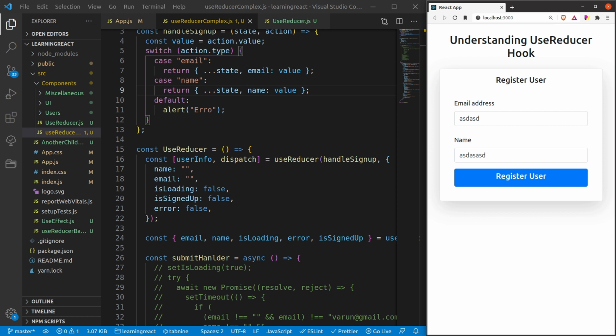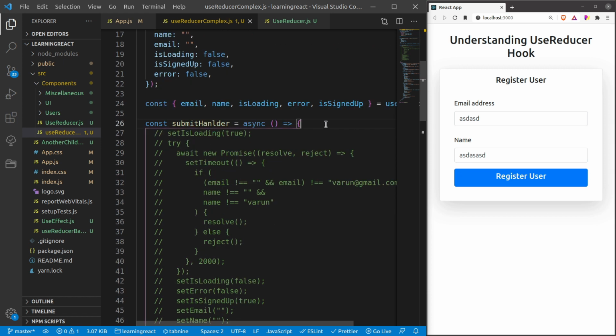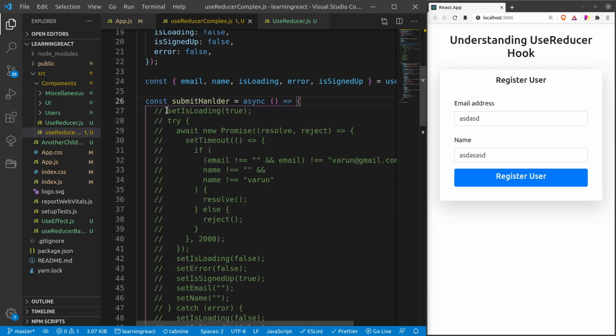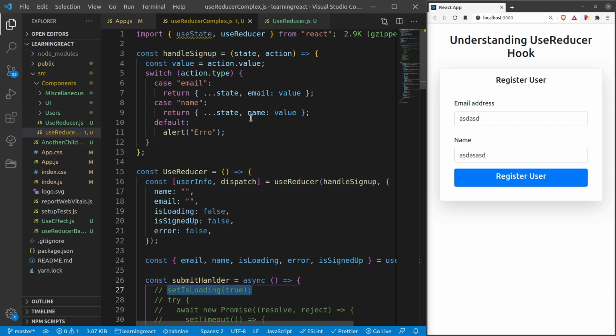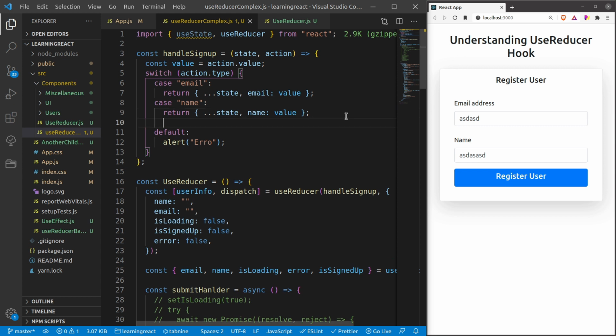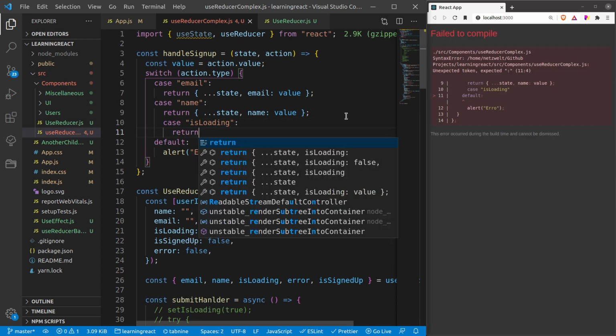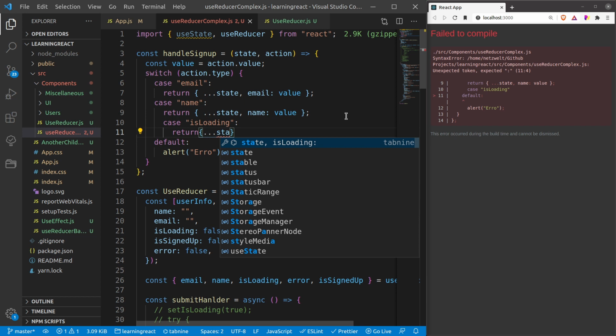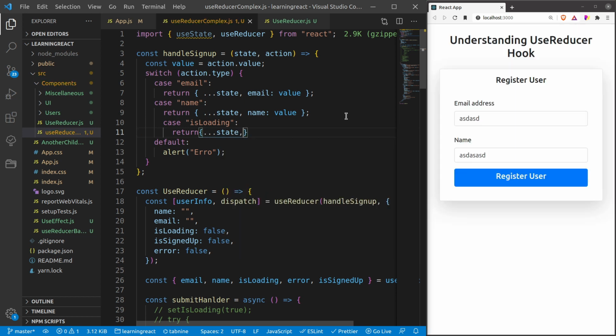Alright, now let's go to our submit handler method. In the submit handler method, you were seeing that the first parameter is set is loading true, right? So now for handling this, I have to first define this is loading handler case as is loading, return state, and then is loading to true.